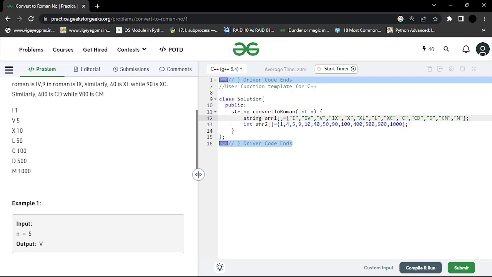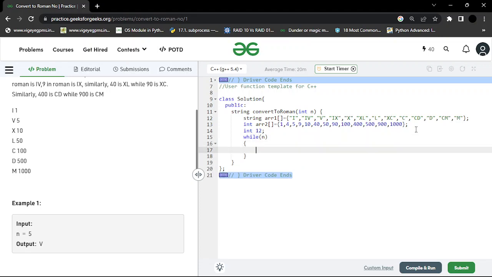So now we have 1, 2, 3, 4, 5, 6, 7, 8, 9, 10, 11, 12, 13. So 13 elements are there. Now I will be standing at 12, that is the last index. I will get inside the while loop, while the number they have given is nonzero. Inside, I will make a coefficient equal to the number divided by